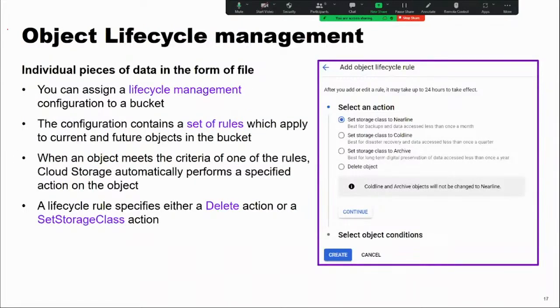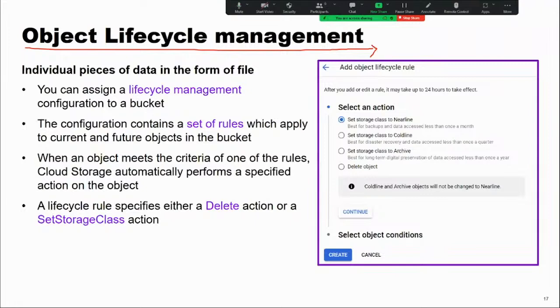And object lifecycle management. Yesterday I told you, object lifecycle management is where you can create a rule. For example, so far you are using a bucket with the standard class, but after 30 days you want to make it nearline, so that you get some cost benefit. For that reason, you can create a rule, and automatically in the backend it will happen once the 30 days have passed. That particular bucket will be converted from standard to nearline or coldline, whatever it is. So if you have such kinds of actions, you can go for object lifecycle management, guys.